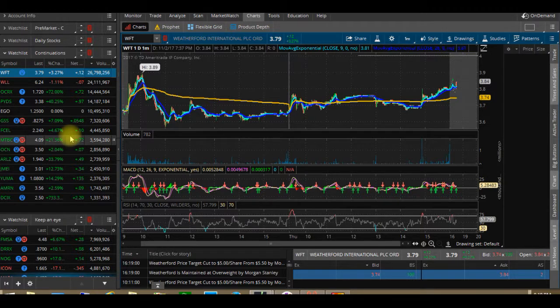So what I'm going to start doing is I'm going to start putting alerts on all these stocks on my watch list and just see if I can catch some of those stocks that are moving. So for example, for those of you that are not used to Thinkorswim, you can set alerts on here so your computer can make a little sound whenever the stock reaches a certain price. So let's say, for example, for WFT, if I want to be alerted when it reaches, let's say, 3.93, you just go to the price that you want